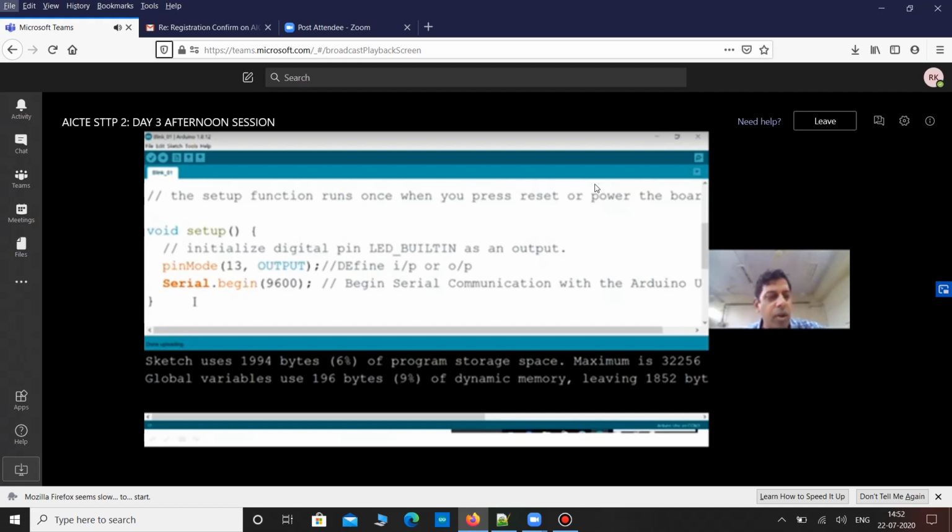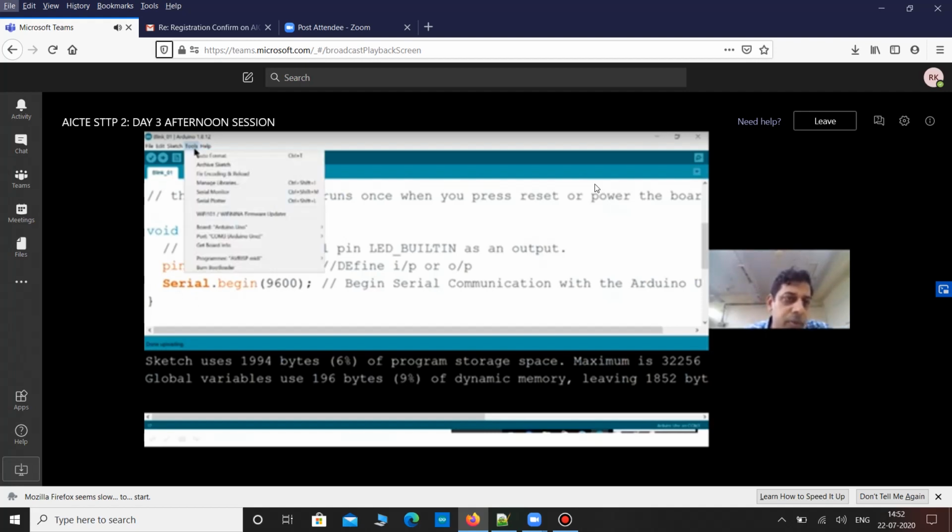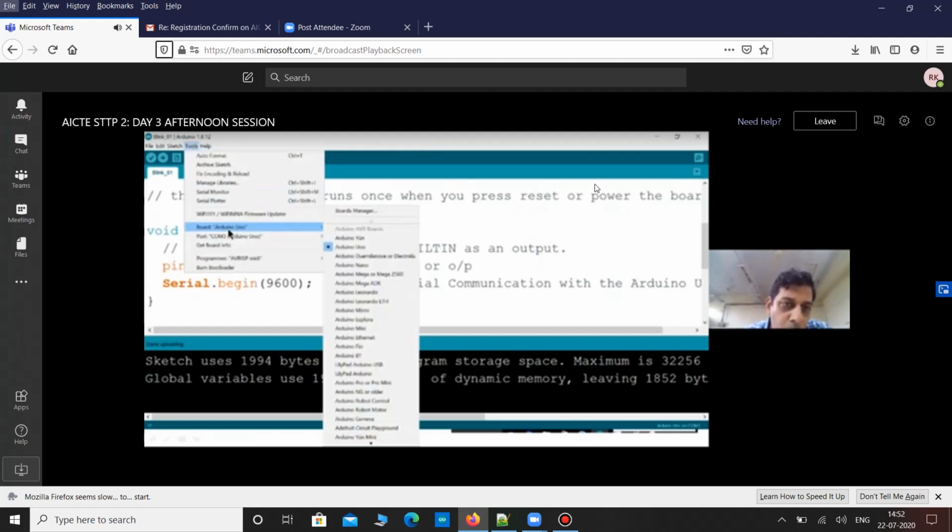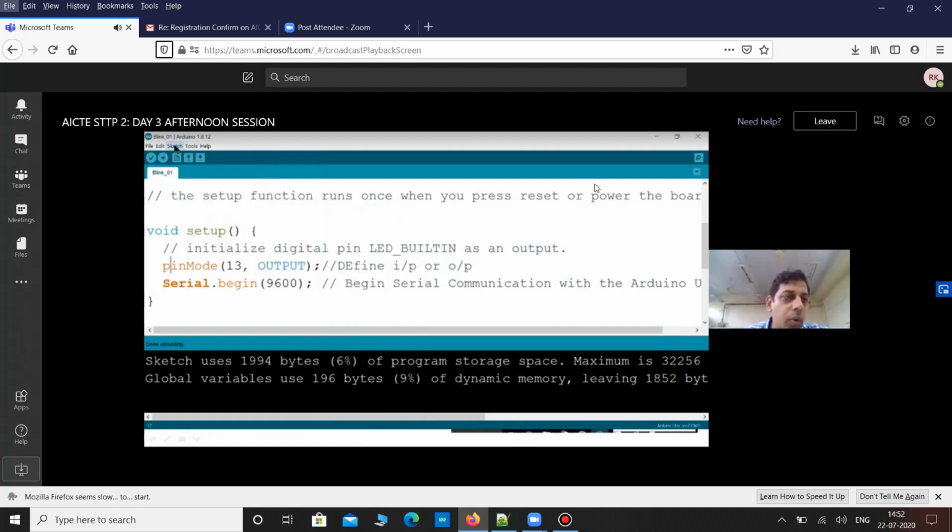Once you connect this thing, insert it in the board, first go to the MATLAB Simulink environment. Make sure your board is Arduino Uno. I have used MATLAB 2016, and you can go for 2020 or a lower version also. Make sure your board is Arduino Uno, and it will work.